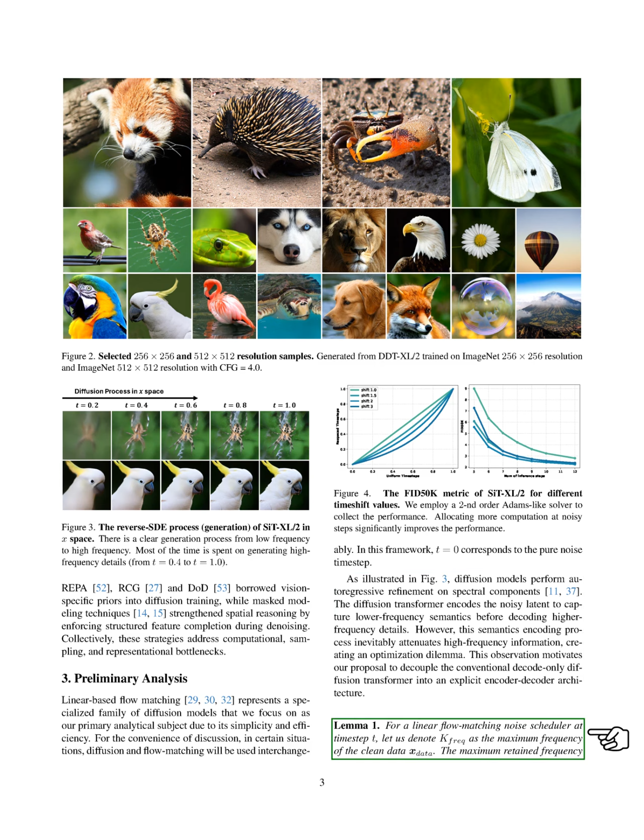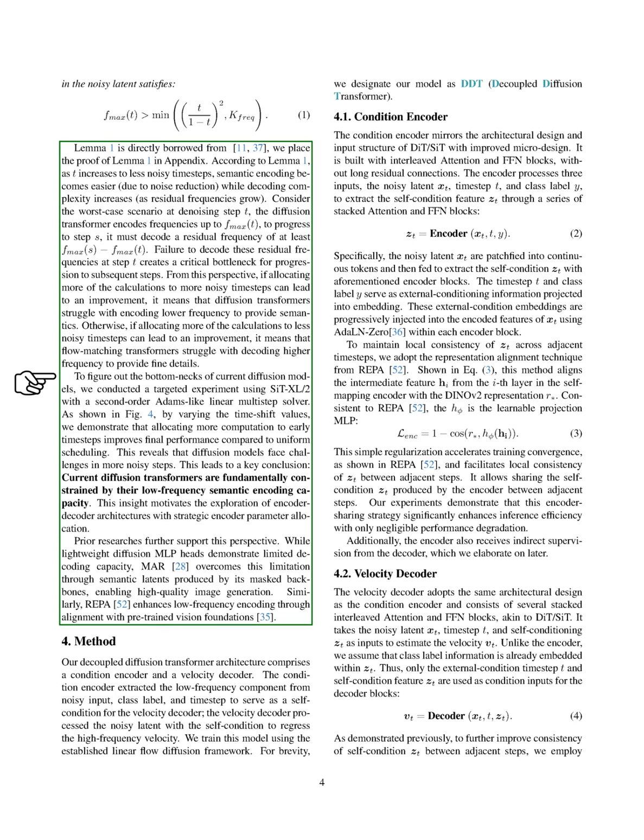We introduce a lemma regarding a linear matching noise scheduler at a given time step, where we define the maximum frequency of clean data. The maximum frequency retained in the noise latent is influenced by the time step. As time progresses, encoding semantics becomes easier, but decoding complexity increases due to growing residual frequencies. If we allocate more calculations to earlier time steps, we can improve performance, indicating that diffusion transformers struggle with encoding lower frequencies. Conversely, if we allocate more calculations to later time steps, it suggests that matching transformers have difficulty decoding